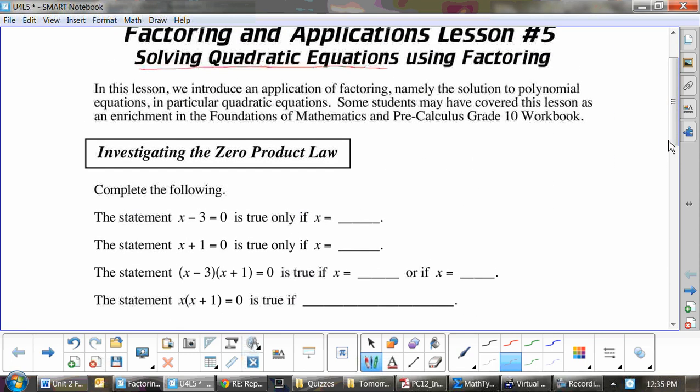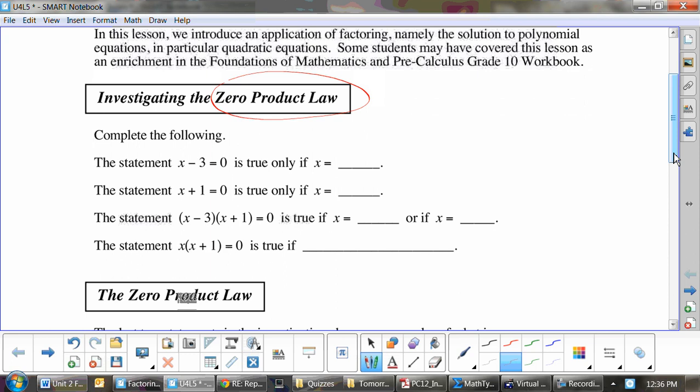Now, today we're going to spend a lot of time talking about the zero product law. Now, when something equals zero, okay, this has a very useful purpose for us in some of the units coming up and in 30-1. When something equals zero, zero is like the y value. Okay? Now I want you to think about a graph. When y equals zero,